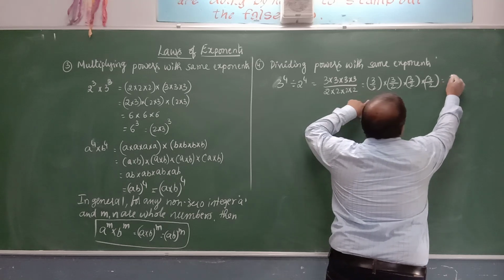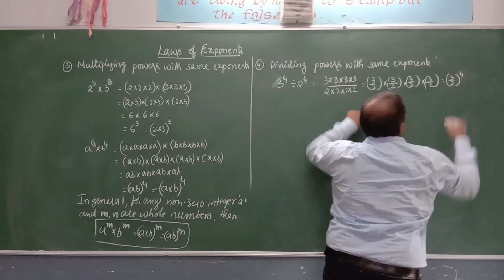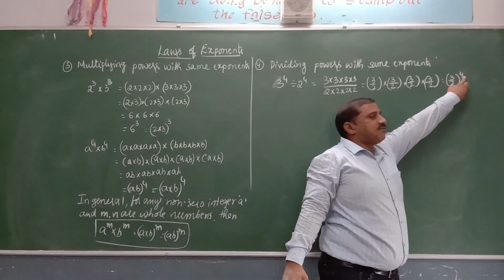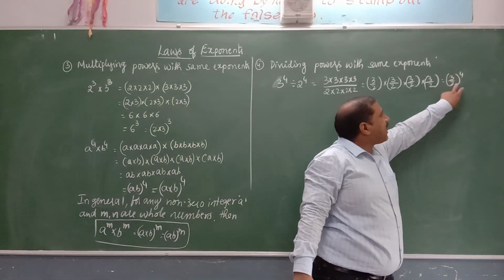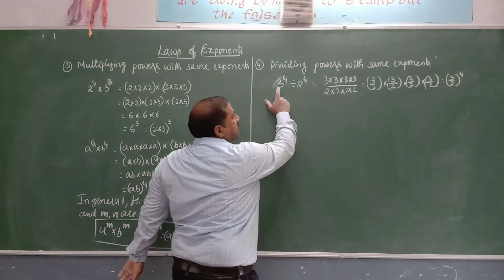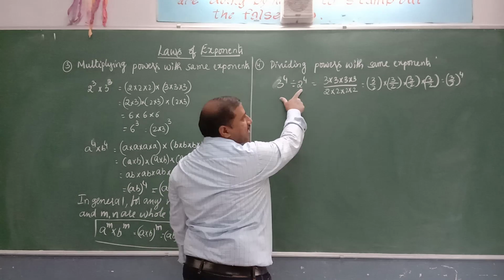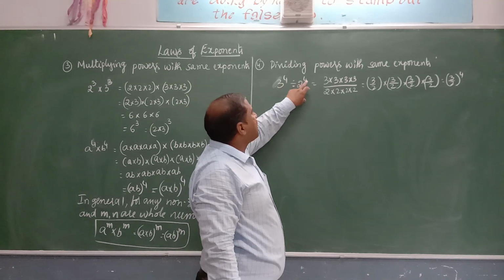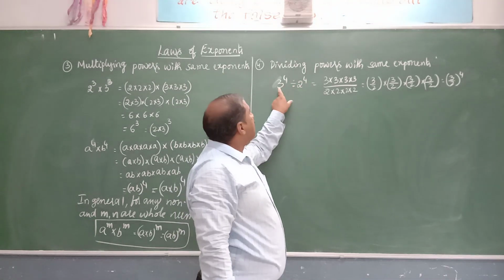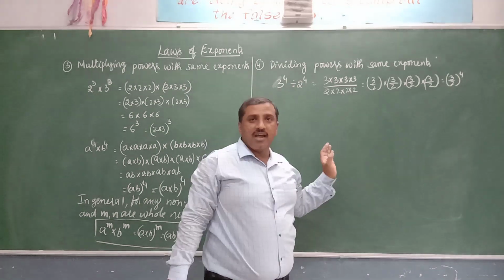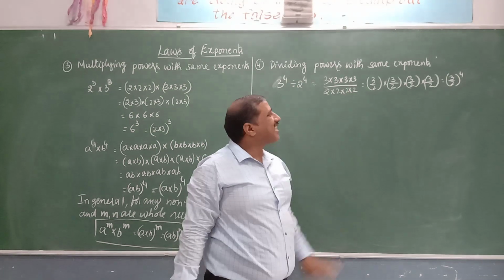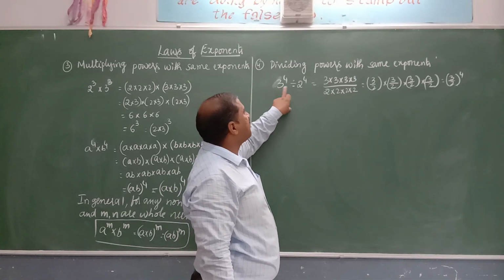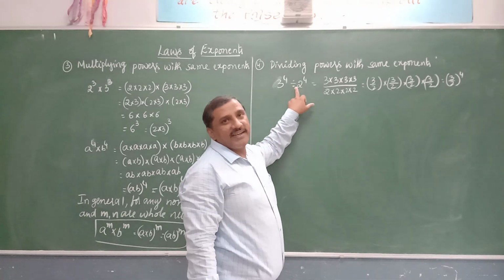So we can write it as 3 by 2 whole to the power of 4. Again, the exponent here is 4, and the base 3 by 2 is nothing but the division of the two bases 3 and 2. So from this we can conclude that when bases are different and with the same exponents, we will divide the bases and we will take up the common exponent, that is 3 by 2 whole to the power of 4. There 3 by 2 is nothing but the division of the bases 3 and 2.